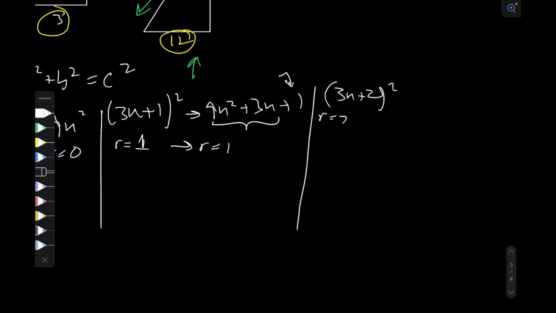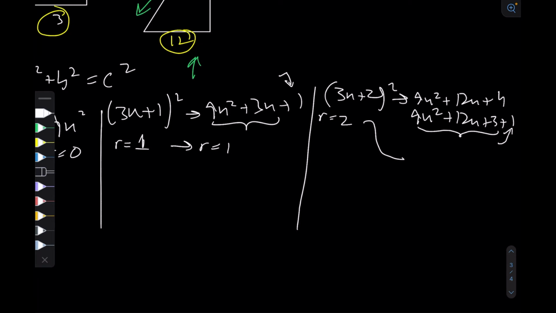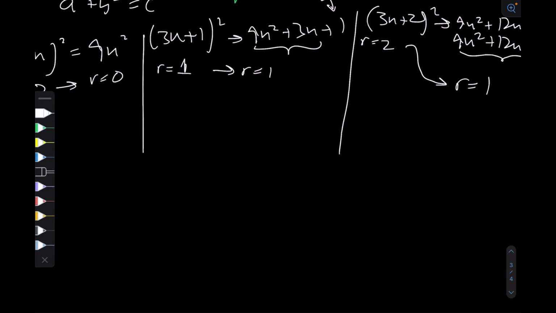So if something leaves a remainder of 2, after you square it, it will be 9n squared plus 12n plus 4, which can be written as 9n squared plus 12n plus 3 plus 1. So this much is a multiple of 3, plus a 1. So if something leaves a remainder of 2, after you square it, it leaves a remainder of 1. So we come to the conclusion that if x is an integer, then x squared will leave a remainder of either 0 or 1. So if c is a whole number, then c squared will leave either a remainder of 0 or a remainder of 1,